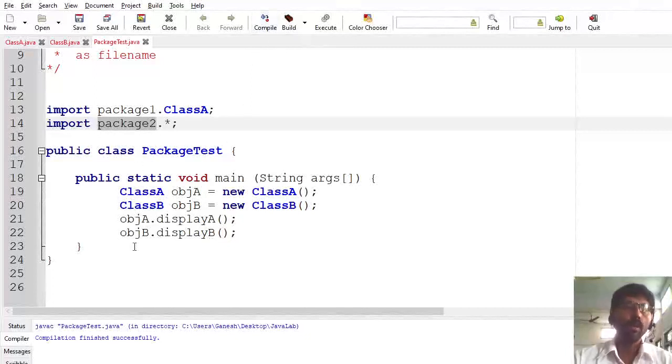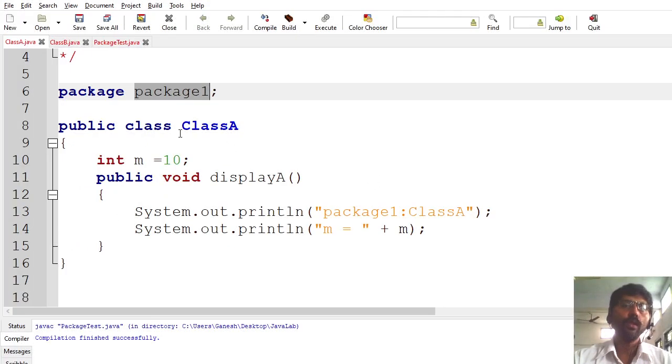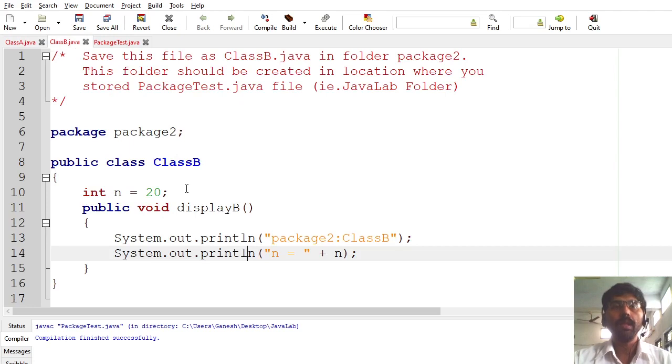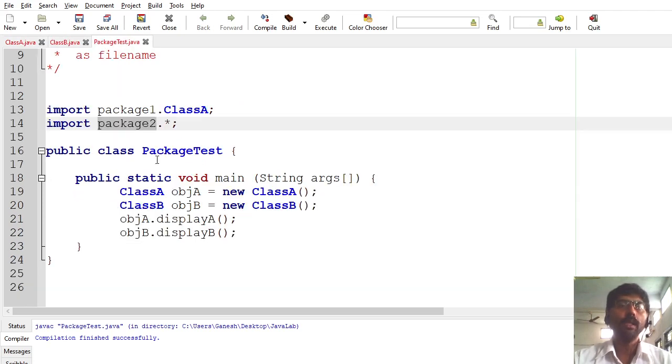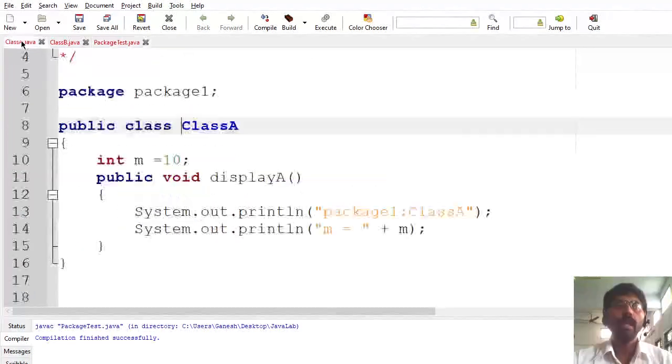I have to individually compile each and every class. First I have to compile class A, then class B, then this package test. Individually I have to compile, so I write here compile. I don't need to execute here because it contains no main method, so just compile it here.